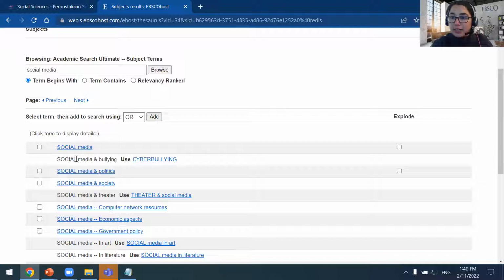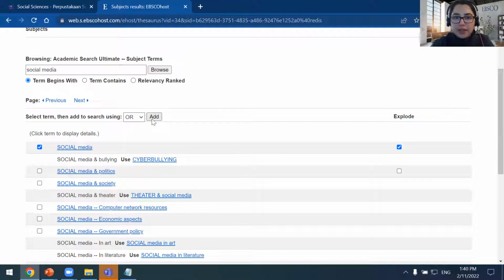So there are articles in this database that are about social media and that are tagged as social media. So I can click that. On the right-hand side, I've got explode, and that means I can not only search social media, but any other terminology that is connected underneath social media. That's also a form of social media.